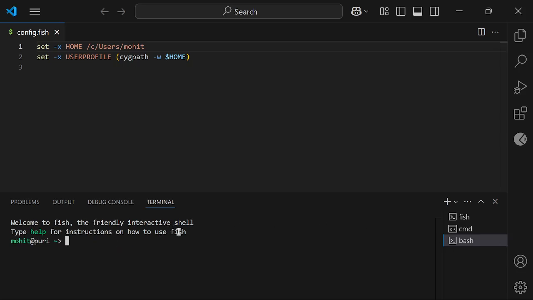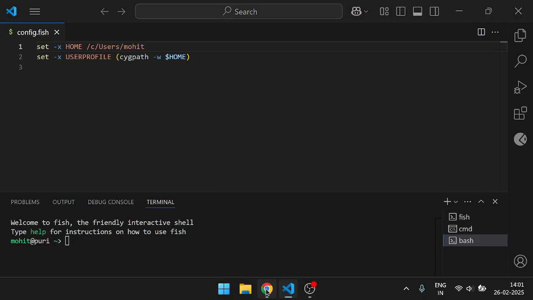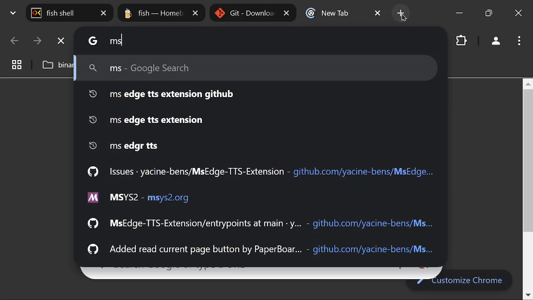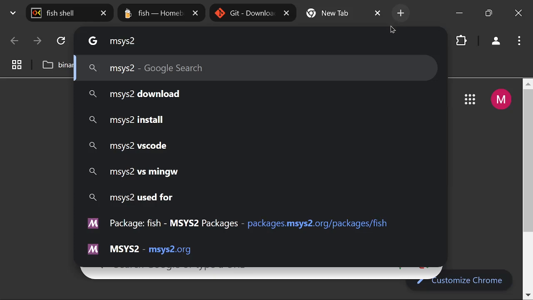Okay, so after doing that, whenever you open a new Git Bash, you will not see the fish shell like here, which I have. You have to install it. So how do we install it? You can just search for this thing called MSYS2,